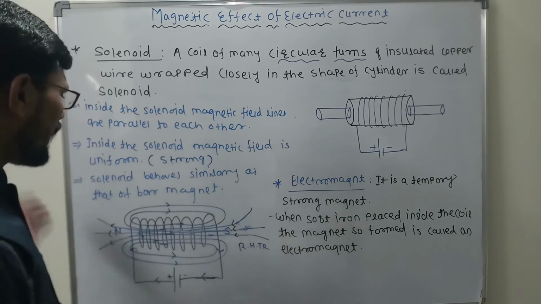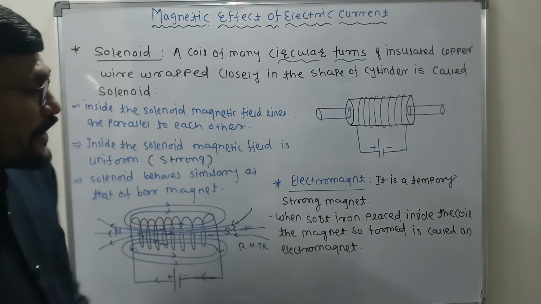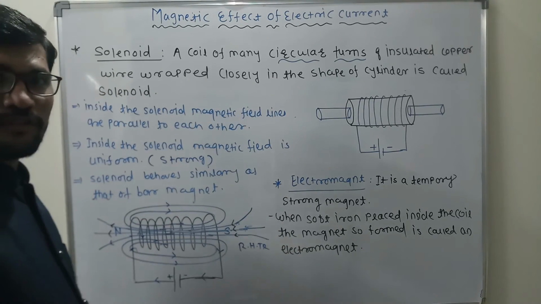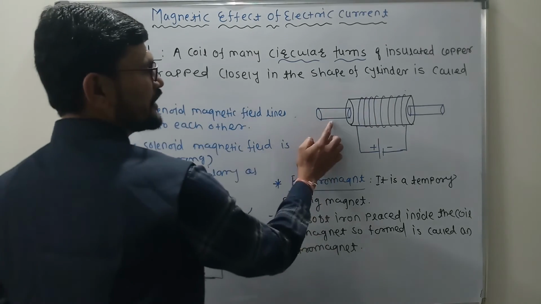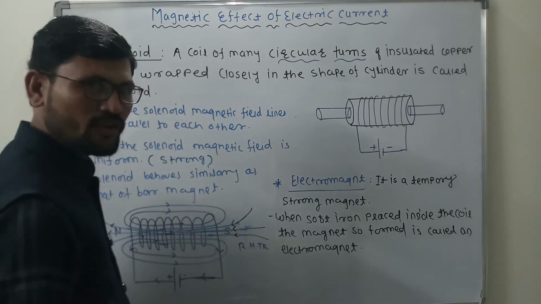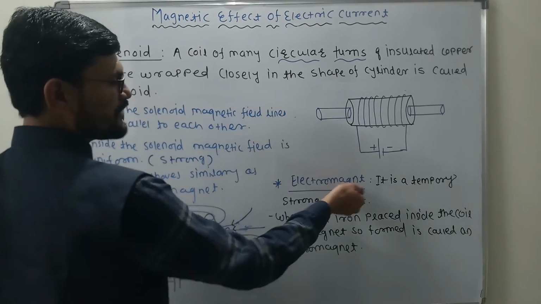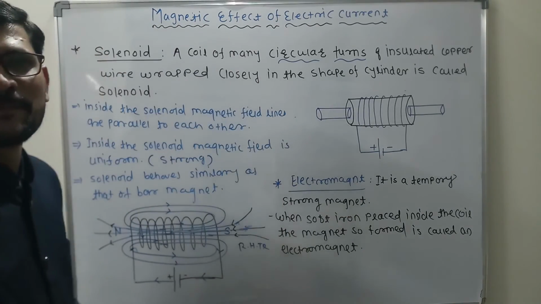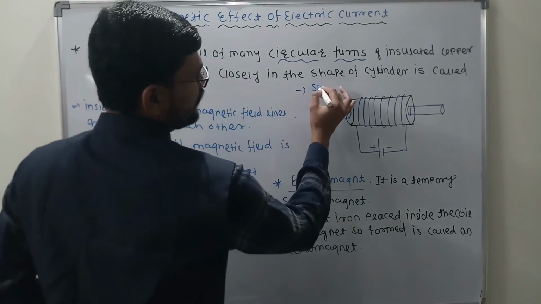Clear? So this is why the solenoid has such importance. Isn't it? Now, this solenoid can be used to create electromagnets. How? Now this is the solenoid, and inside that solenoid one steel rod is placed. As soon as the steel rod is placed, what will happen? You know that this steel rod becomes a permanent magnet, and that type of concept is called an electromagnet. Clear?